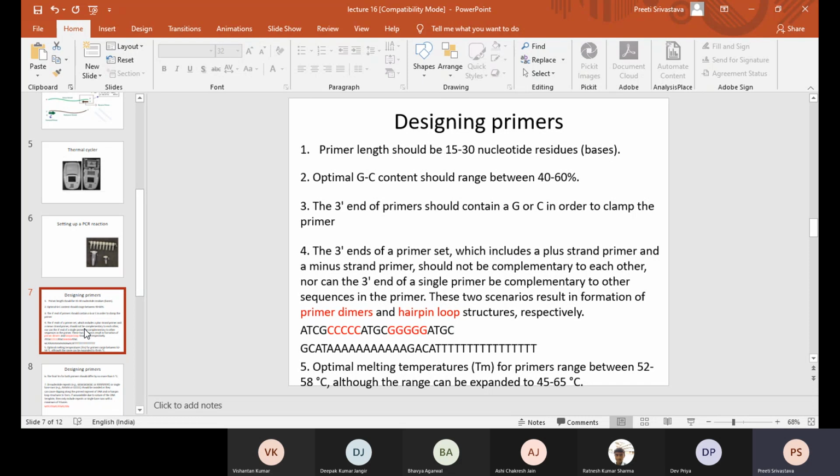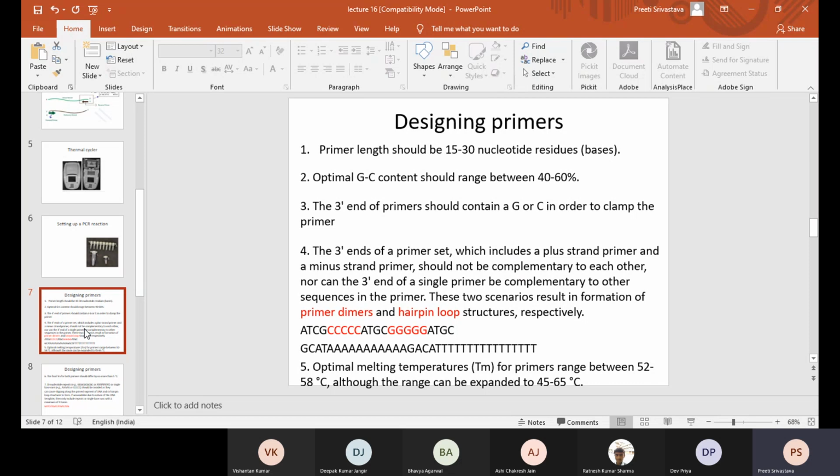But as I told you, in real life situations, when you have long stretches, we can even go up to 40 or 45 bases, for the simple reason that you need to enhance the specificity, because either you have stretches of repeats or stretches of hairpins. In such cases, just to enhance the specificity, you can design longer primers as well. Now, what is the upper limit for the longer primers? The upper limit is actually 49 to 50.